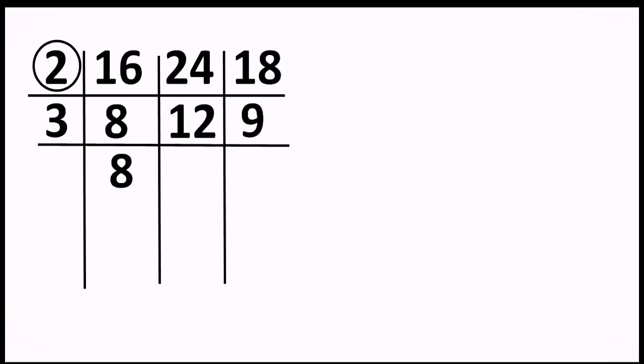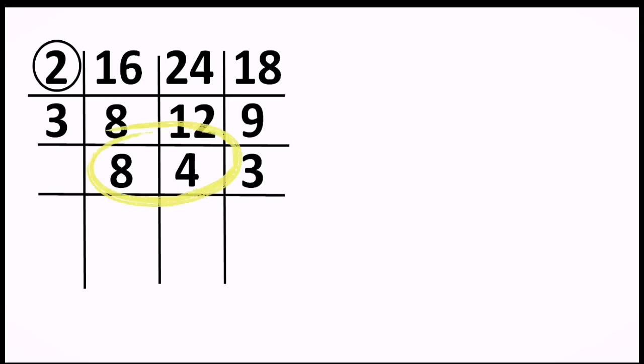But when 12 is divided by 3, we get the answer 4, and 9 divided by 3, we get the answer 3. Now here we are left with 8, 4 and 3 at the bottom layer, and there are 2 even numbers, right? And one more thing. This time we will not encircle 3 because 3 has not divided all 3 numbers in that layer, correct? So presently we are with 8, 4 and 3, and 8 and 4 are even numbers, so we are going to choose 2, right?